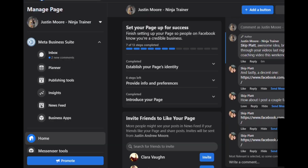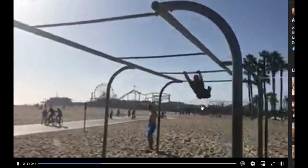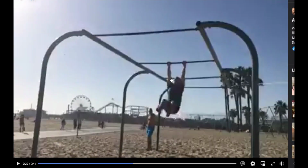Skip, great first video. So why did you fall? What happened? What changed? What made you actually slip off the bar and do an amazing flat back fall? So the first thing is you can kind of see that he's starting to slip here. His grip's worn out a little bit, and that's a result of going in that upward downward trajectory over and over and over again,